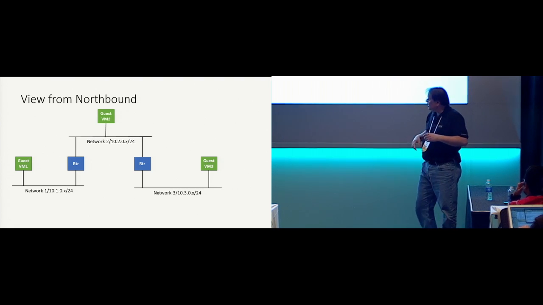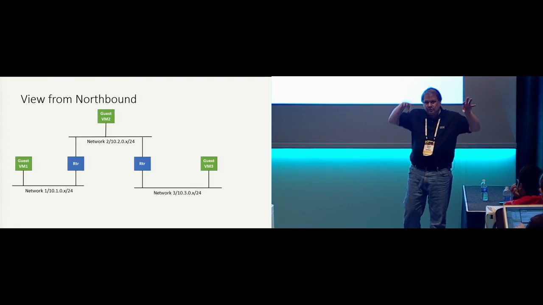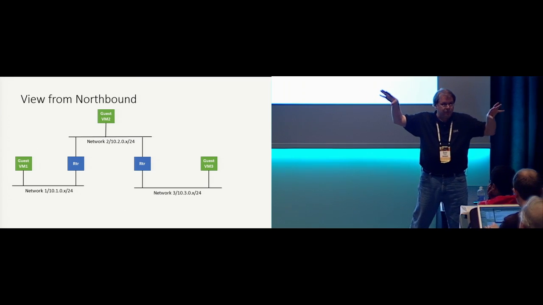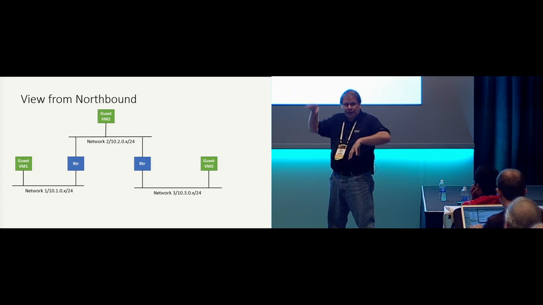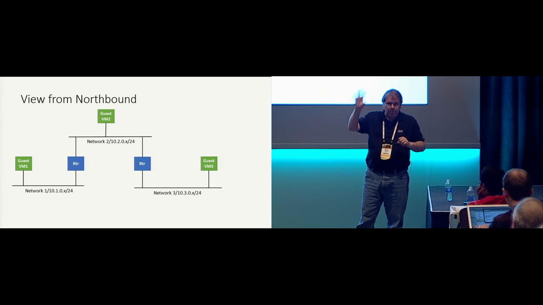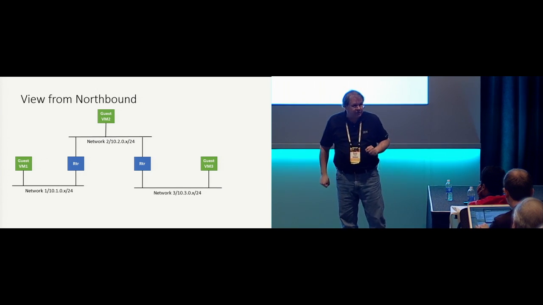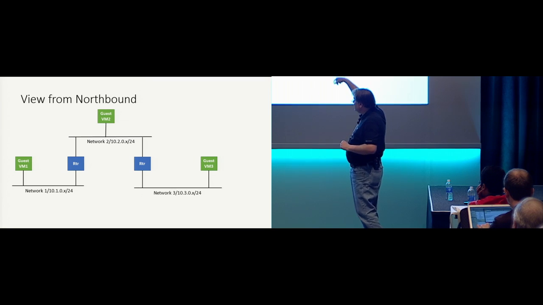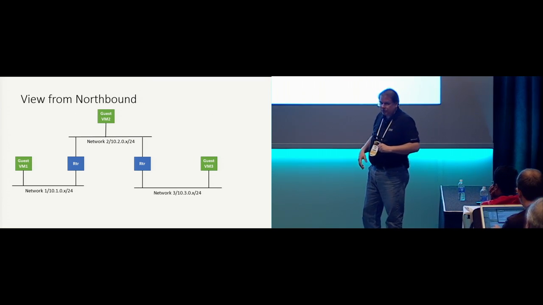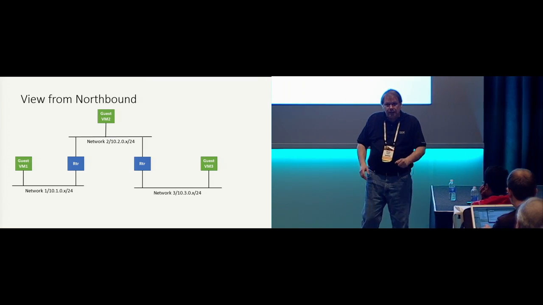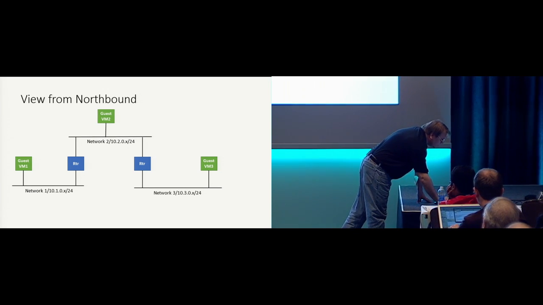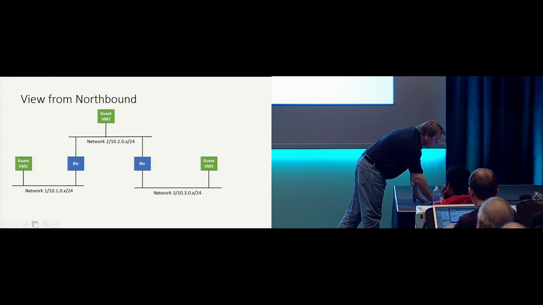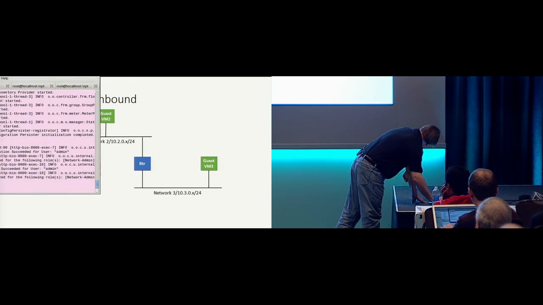So from a northbound Neutron-like view, what I'm really doing is in the 3 networks and the 3 subnets that you see, I'm setting those up, and I'm going to attach the guest VMs one to each. And then in the Neutron model, to have connectivity between the 2 networks, I need to plop down a virtual router and stick a couple of interfaces in. And so we're going to create the interfaces, and we're going to plop those routers down and see what happens. So bear with me a moment while I move some windows over and explain what you're seeing. So first of all,